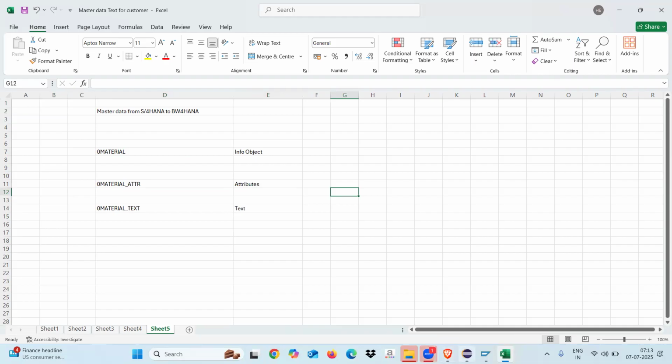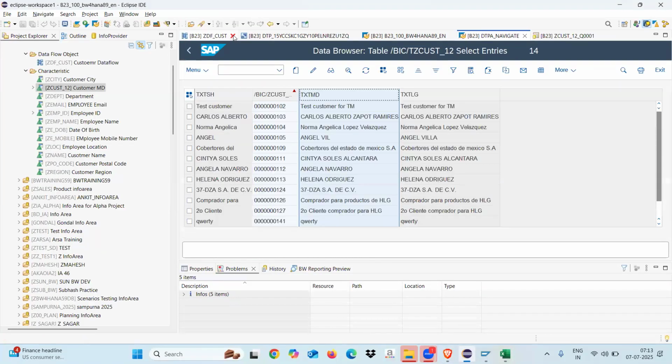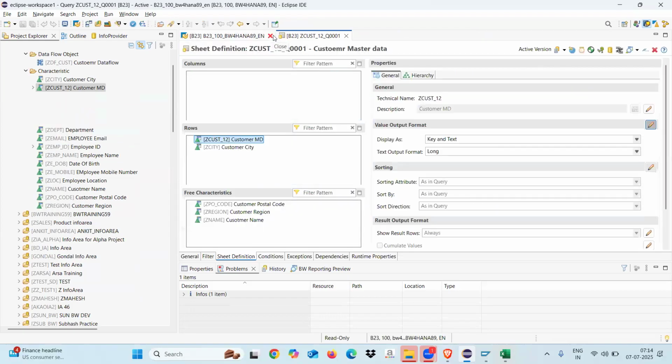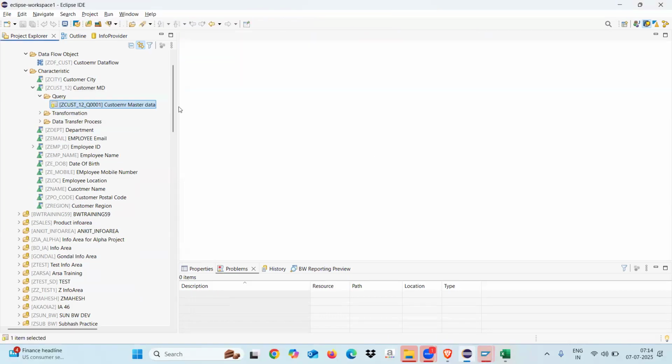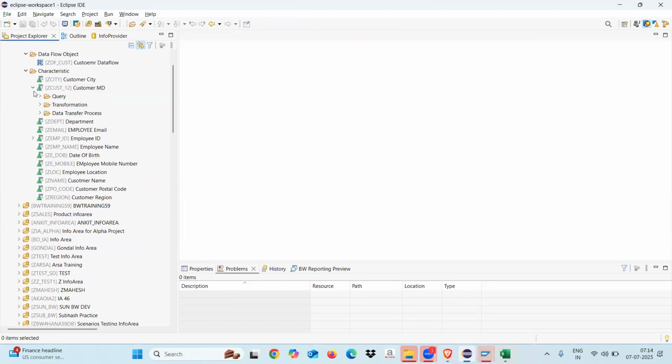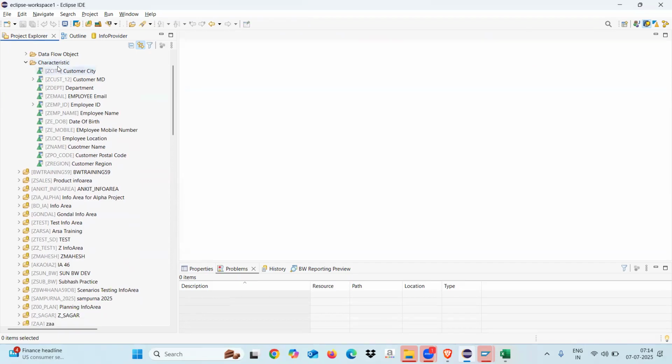So what I will do, go here and let me close everything. Don't confuse, let me close everything. If you have any doubts how to load data from flat file to S4HANA, just tell me. Okay. And tomorrow also you can ask me, no problem. So now what we need to do,